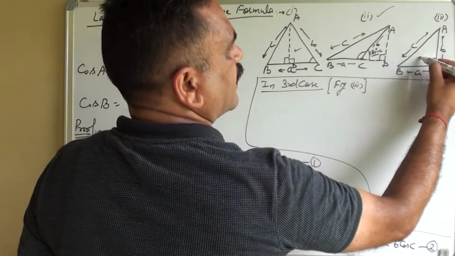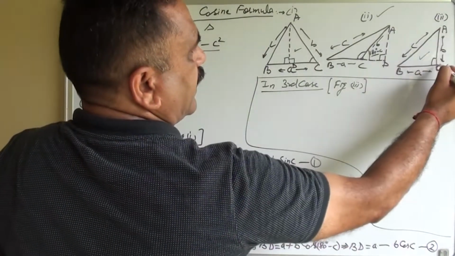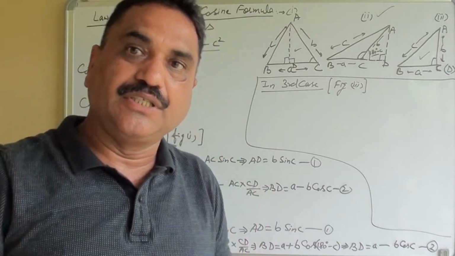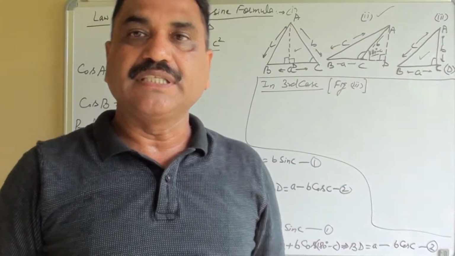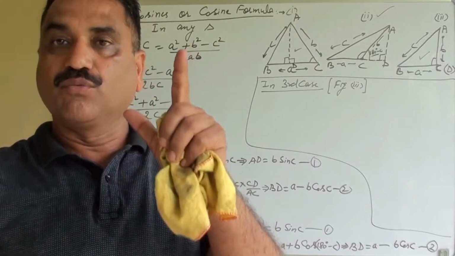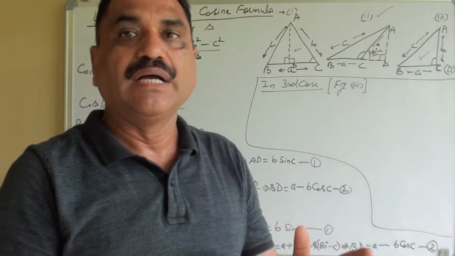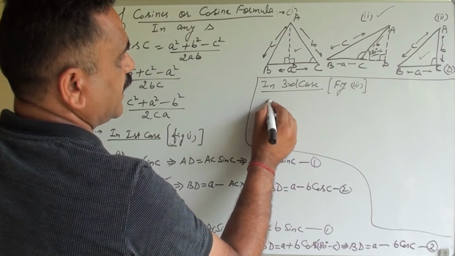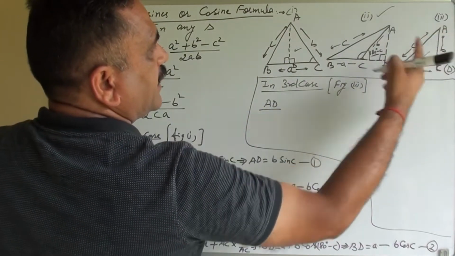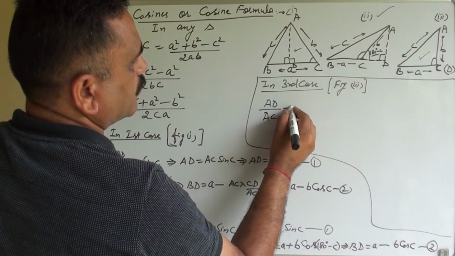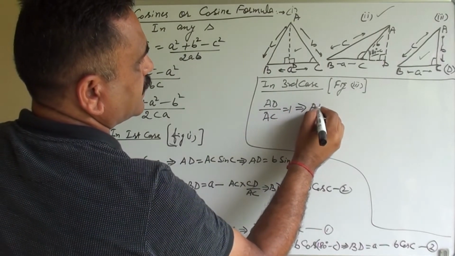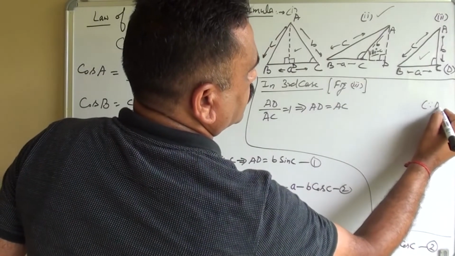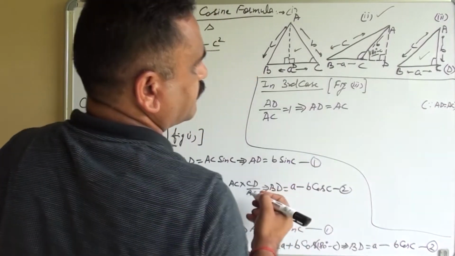Again, third case ये है हमारा, this one, ABC or ABD, because C and D are same. C is already, AC is perpendicular on BC, और जब AD को ड्रॉ करेंगे perpendicular, वो डी और सी जो है सेम पॉइंट होगा, बिकॉज बोथ आर द परपेंडिकुलर ऑन द सेम लाइन सेगमेंट। तो इसलिए ये हमारा हो गया एडी अपॉन AC is equal to 1. This implies AD is equal to AC.